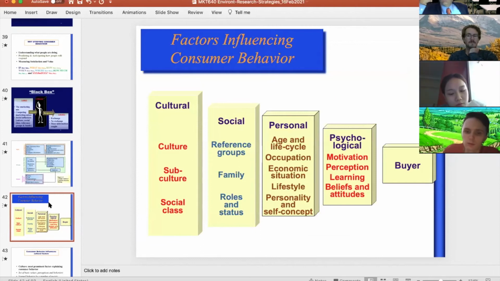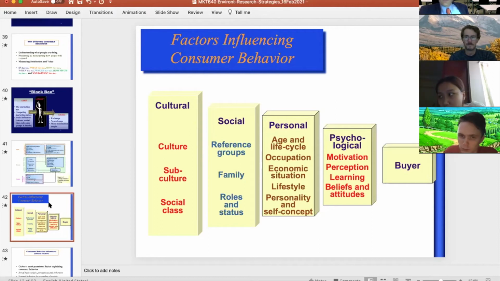Cultural, which is where are you from? Which ethnicity, which subculture do you belong to, which social class? Subculture is not just that you are African American or Asian American. It's also, for example, that you probably like a specific music genre. Maybe you like electronic music, or hip hop, or maybe you're a reggaeton person. That's a subculture. Maybe you play golf. That's a subculture. Maybe you do video games. I don't know what subculture you belong to, but there are lots of subcultures. And these subcultures, which are hobbies as well, are very important.